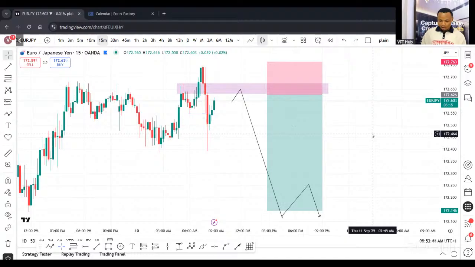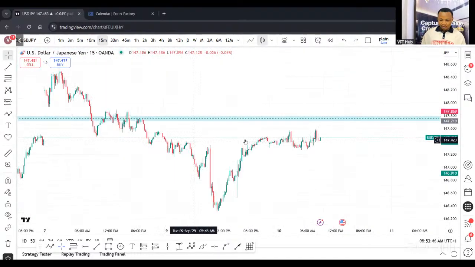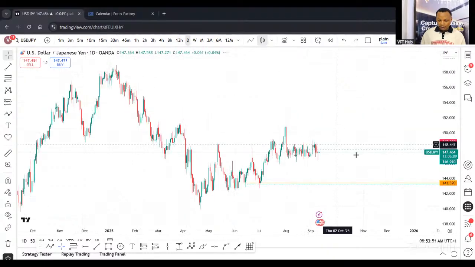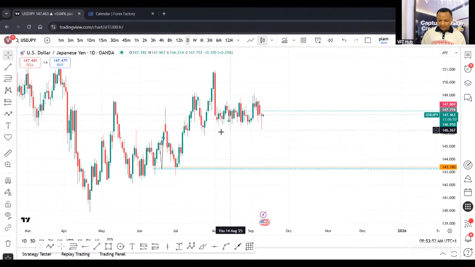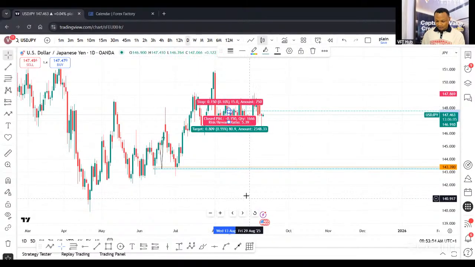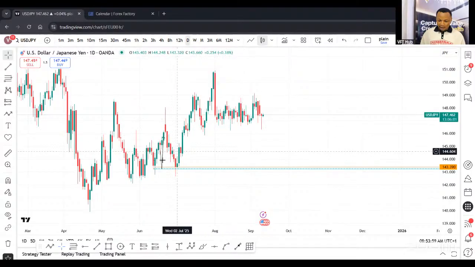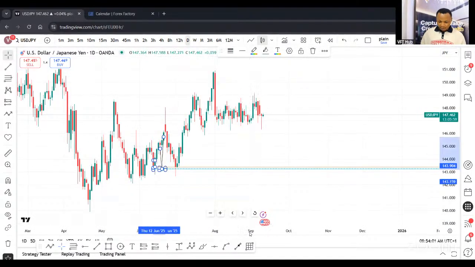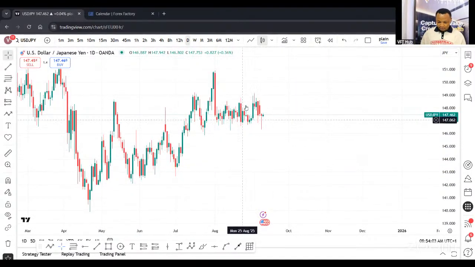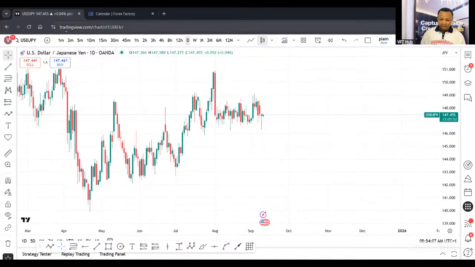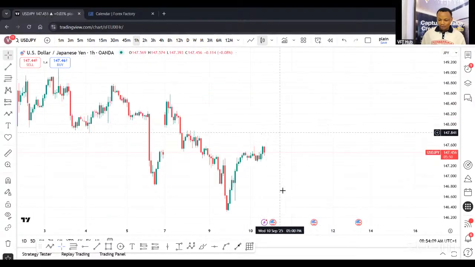All right, and then finally for USD JPY, I'm still expecting a sell on USD JPY as well. But then because of how I've seen it playing out in the last couple of days, you can see how messy it has been, just ranging wildly and giving all sorts of fake moves to the downside and to the upside. So with this, I'd have to apply extra caution while trading USD JPY.